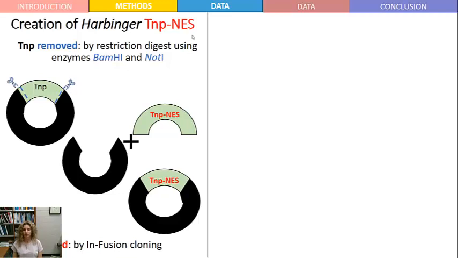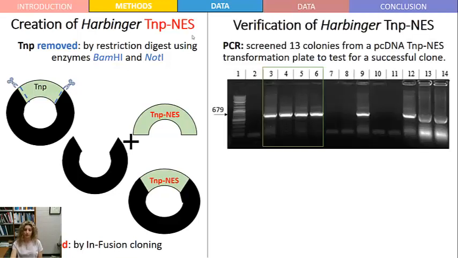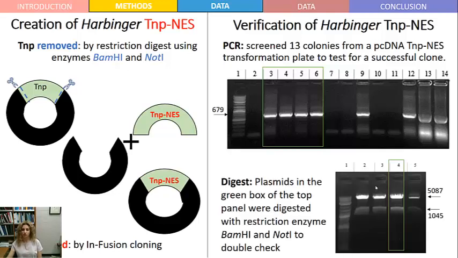The first thing we did is we inserted it into bacteria, and from this bacteria we screened 13 of these colonies. If our construct was indeed our TNP minus NES, then we would have expected plasmids at about 680 base pairs, and as you can see, we had multiple colonies that showed us this plasmid with our expected base pairs. So for further testing, we took these colonies in the green box and we ran a digest,